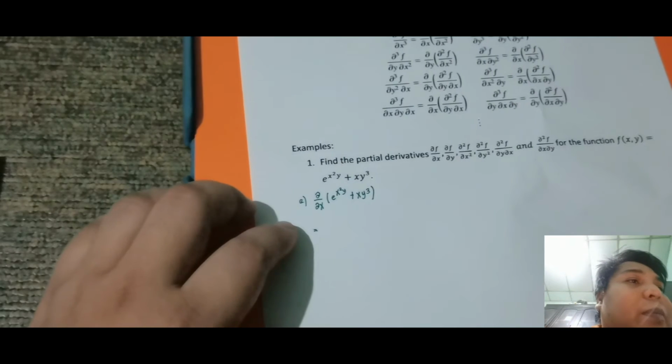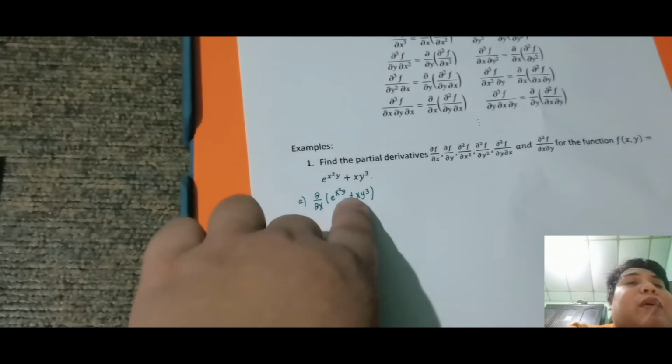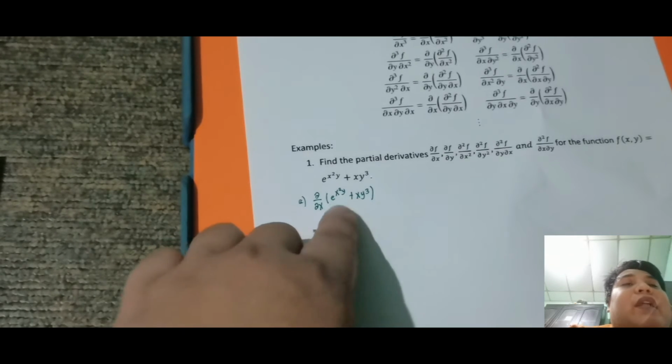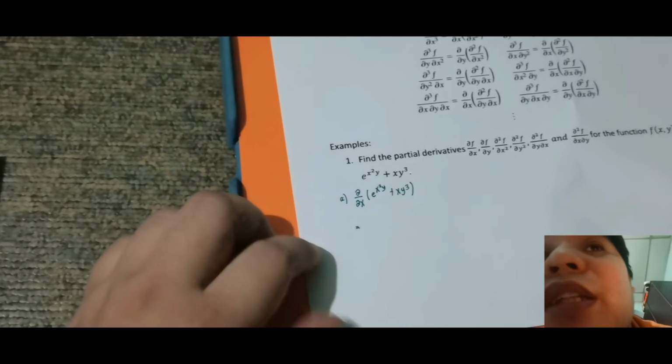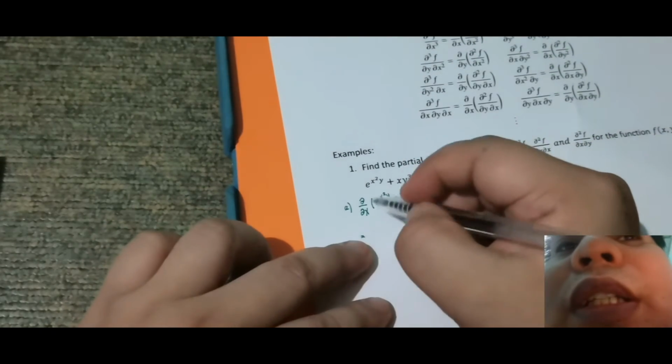So, again, kunwari, hindi ko na pinag-iwalay, batak na ako, or batak ka na. So, aware ako na si y is just a constant dyan. Okay, so si y is constant dyan. So parang nagdi-differentiate lang ako ng e raised to x squared. Okay, so e raised to x squared, ang derivative nun is e raised to x squared 2x. So magkakaroon pa ng 2x sa taas somewhere doon. Okay, so I guess this is just equal sa